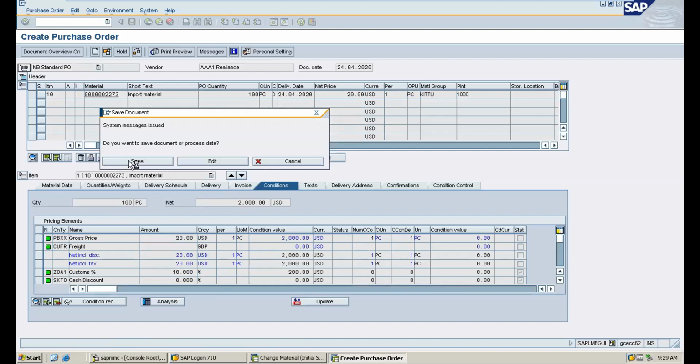Check for the release strategy and release the PO, and after that we will perform the invoice for the customs.